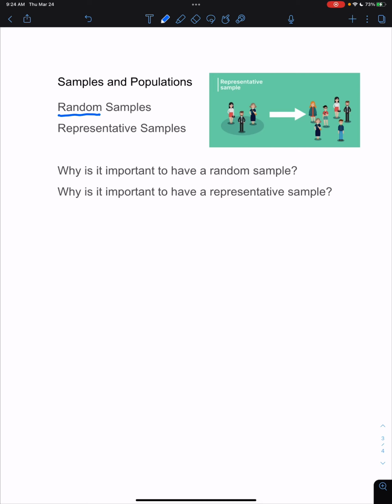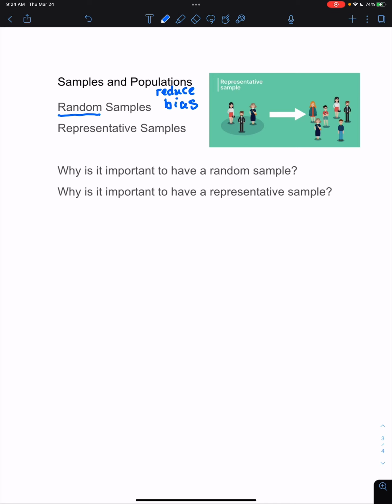And so that decreases what we call bias. So we don't want to have biased samples. We want to reduce bias in our samples. And so just selecting at random, closing our eyes and choosing a subset of our population helps us to reduce the bias in our